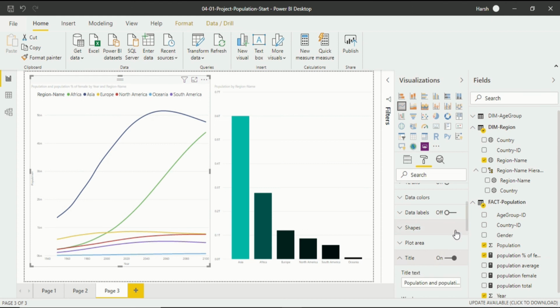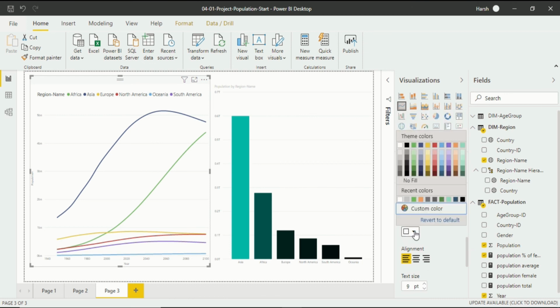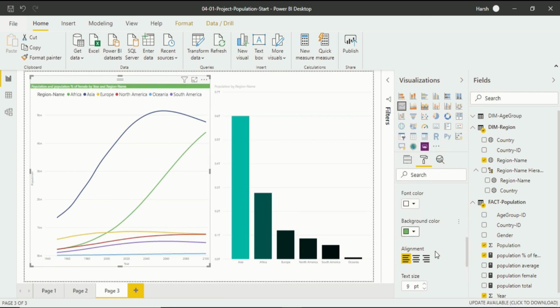Again, I will click a drop down menu. You can change a title text. Word wrap is also available. And after that, font color, background color, like I want a font that is of white color. I want a background because white won't be able to be seen in a white background. I have to change it. So I will put it green. After that, alignment, I will use a center.